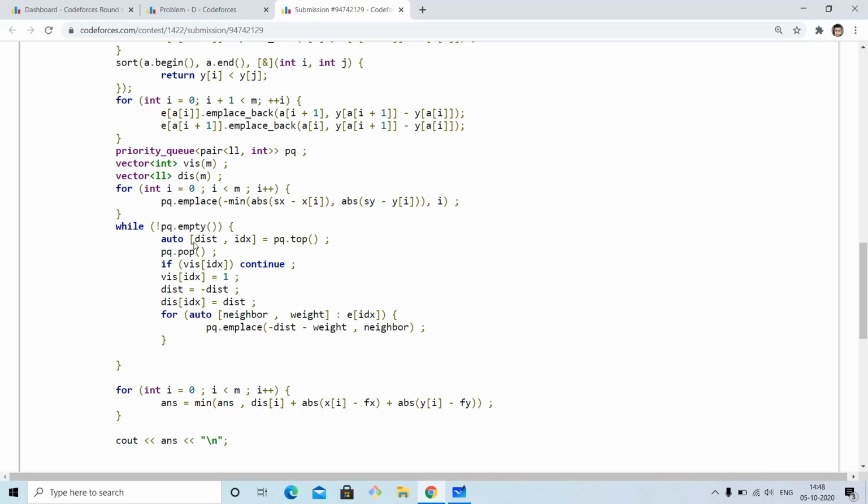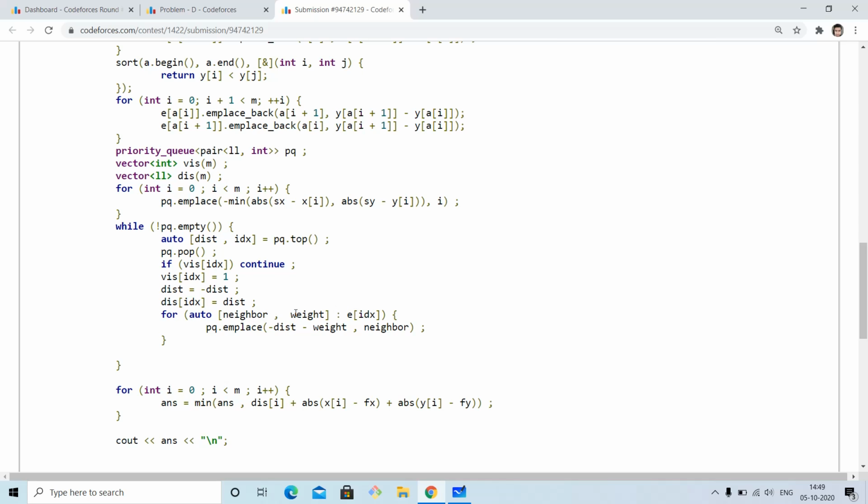because that is a distance we can compare with the shortest distance, if there is any. So we are going to extract the topmost element of the priority queue, and the topmost element will have the least distance because we are putting this minus sign. Then we say if this is visited, we will not do anything. Otherwise, we will set visited to 1. And since we put the distance as negative, we will set distance equal to minus of distance, and then we will set the distance of the index to distance. And then we will go to